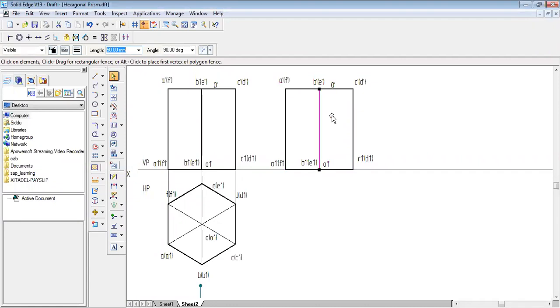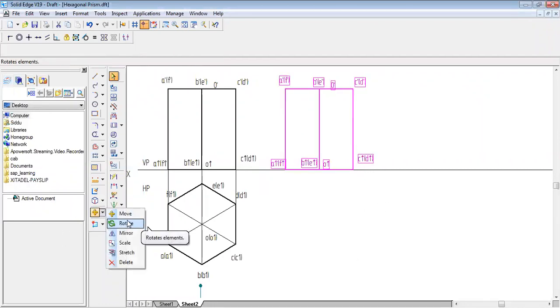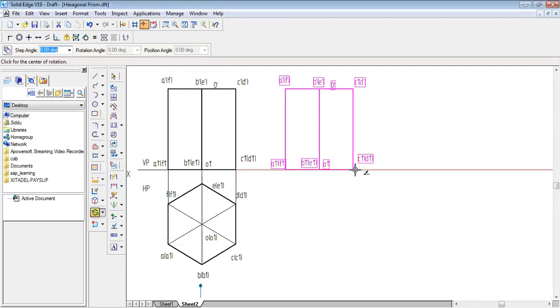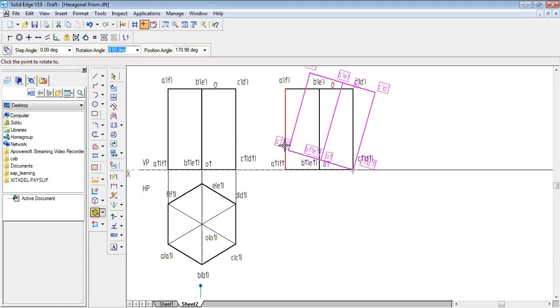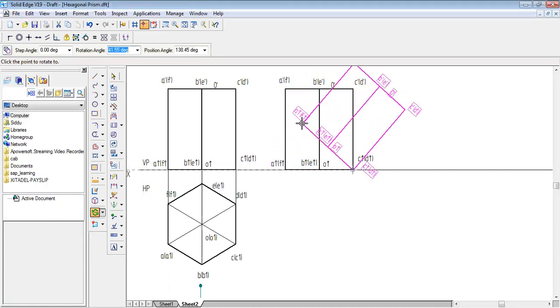We know that, irrespective of the problem, what you can do is convert that into the base angle. Not only this problem, I'll show you. You go for the rotate command, keep this as the point and this as the radius, and turn it. Now if I give an angle, it will take it as the base angle because I didn't select the axis.